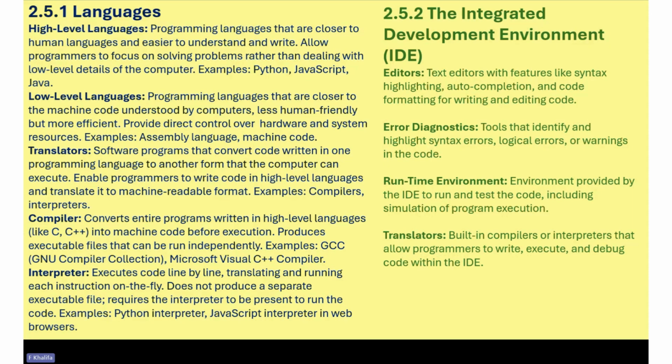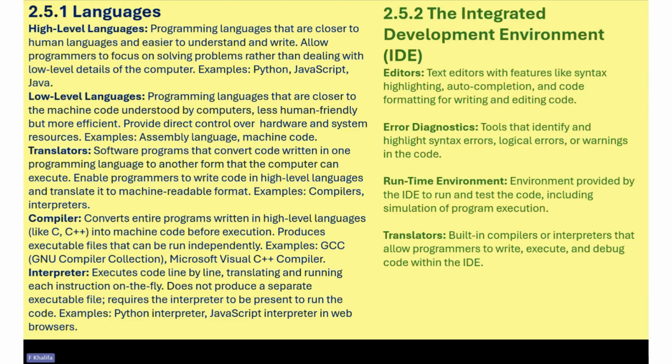Interpreters execute code line by line, translating and running each instruction on the fly. It does not produce a separate executable file, and it requires the interpreter to be present to run the code. Examples are like Python, and this is where the code will run and it will pause at where the error